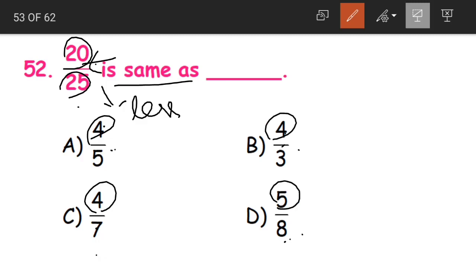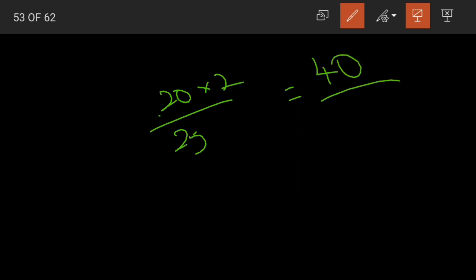Yes, so if I multiply our 20 by 25, if I multiply with even 2, the numerator will become 40. But here the numerators in the option are lesser than the actual numerator. That means we have to divide both the numerator and denominator. Yes children, if you remember from equivalent fractions, we can find out the equivalent fractions by multiplying and also by dividing the numerator and denominator by the same number. Now here we have 20 divided by 25. What should we divide it with?